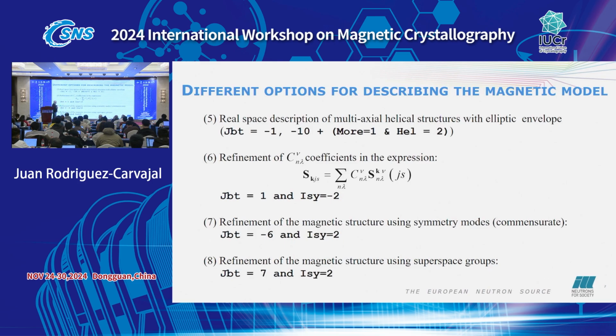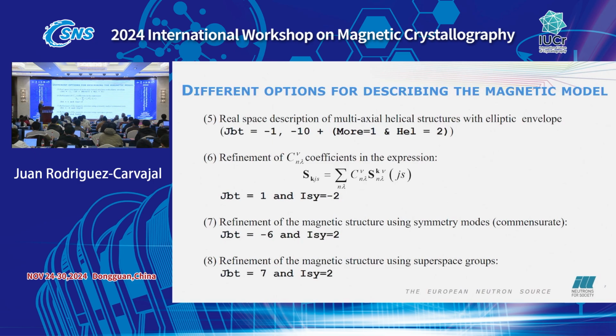This is the refinement of coefficients in this expression of the Fourier coefficient in terms of the basis vector of the irreducible representation. This is number 6. Number 7, refinement of the magnetic structure using symmetry modes. This is very interesting. This is using ISODISTORT as an intermediate program in order to get the list of